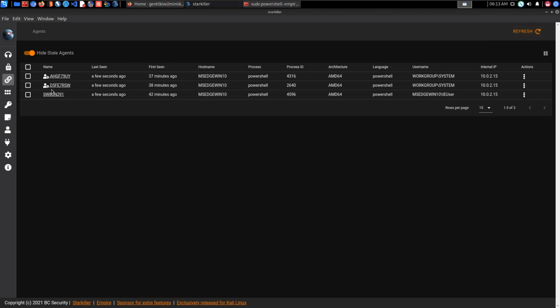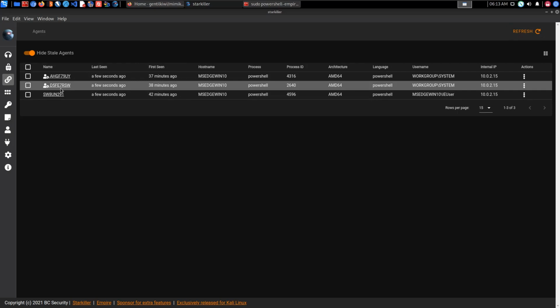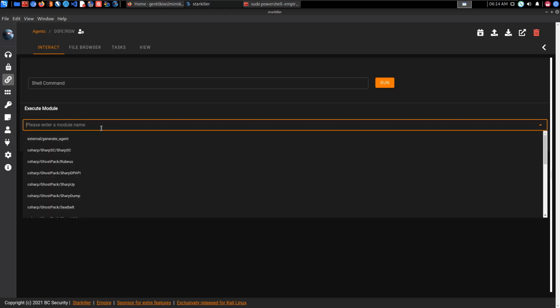Now you can see that these are the agents that I got back from my Windows 10 virtual machine that I actually set up persistence for, and these are the agents that actually called back. You can see I have two high integrity agents here, and we're just going to use one of them. What we can do is search for a Mimikatz module. So Mimikatz. And we can now utilize any of these modules to dump credentials that are relevant to what we're